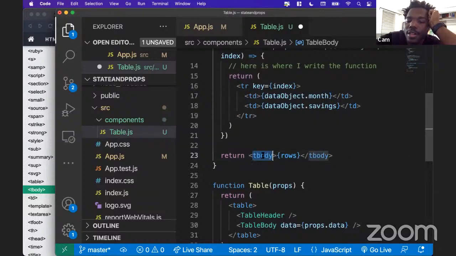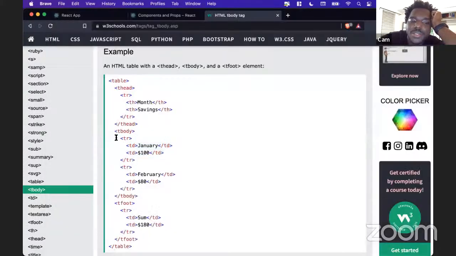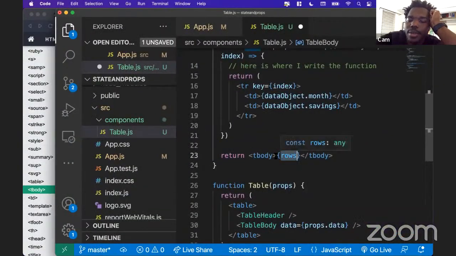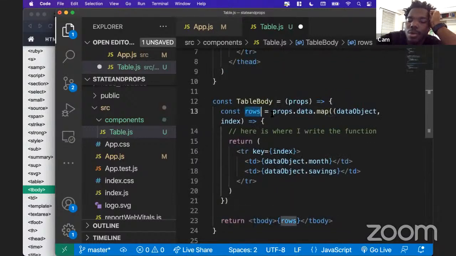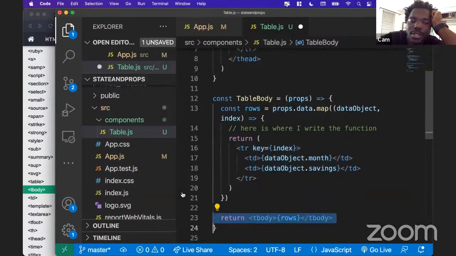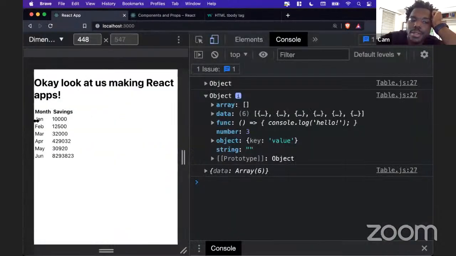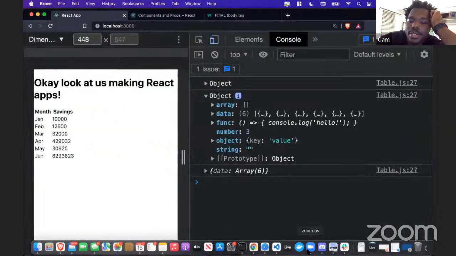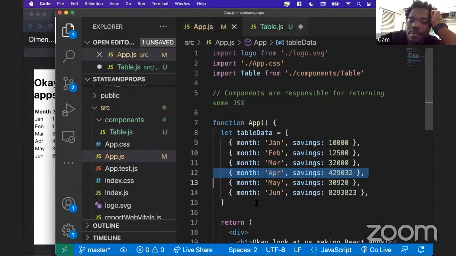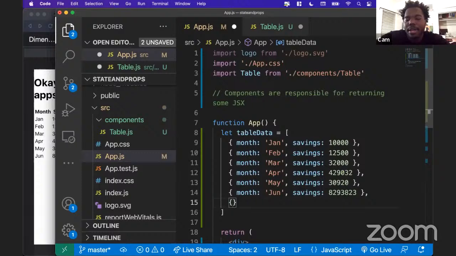So rather than in our table body rendering all of these rows with data, row with data, right? We're rendering an array. So remember, when we see the curly braces in the elements, we know we're talking about JavaScript. So we're saying, hey, take this variable and render this inside of this return statement, right? And we know that rows is an array of all of these JSX elements. And so eventually, when that finally gets run and rendered, that's what creates this very dope list for us that allows us to make changes to the data inside of the app.js